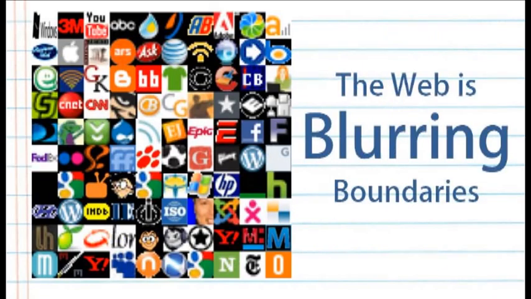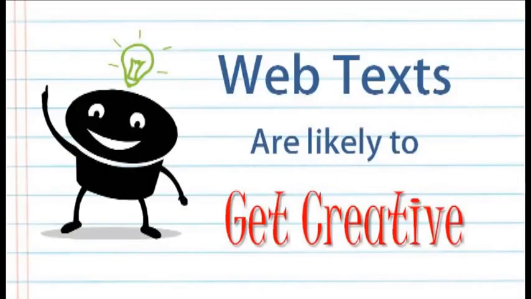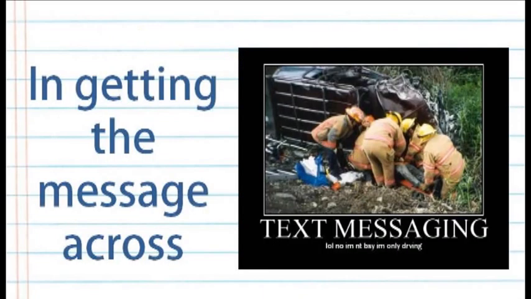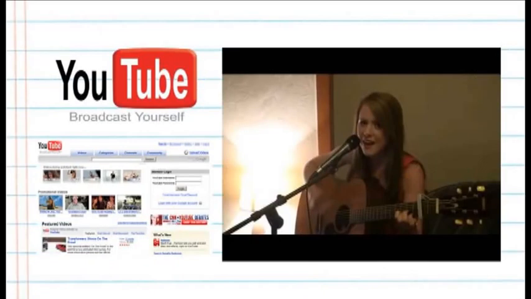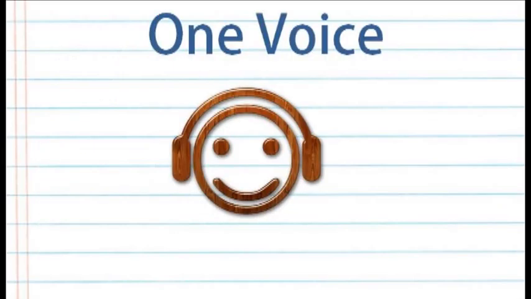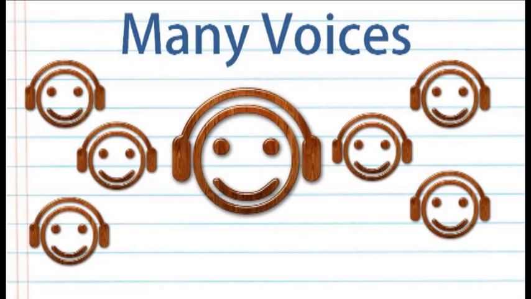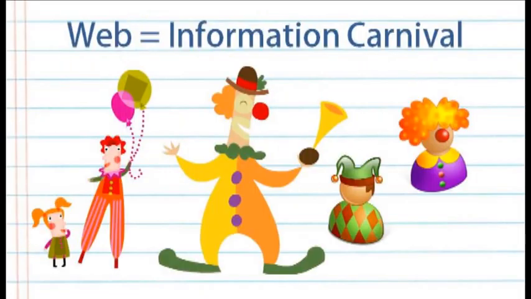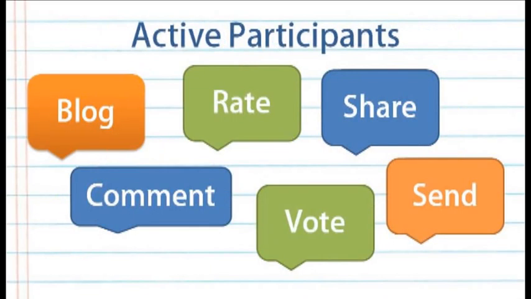The web is blurring all sorts of boundaries. Online, people are more likely to use an image, a song, or a video to get their message across. Online writers want to engage their audience in the most relevant way possible. Online conversation includes text that has many voices speaking at once. Research professor Barbara Warnick referred to this as a sort of carnival. Readers are invited to be active participants in the conversation.